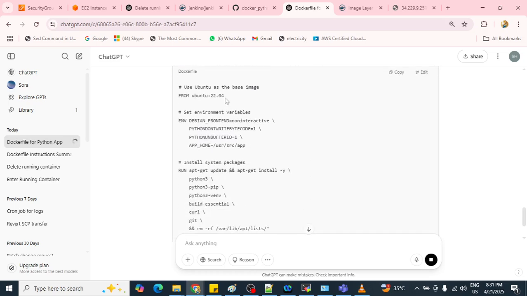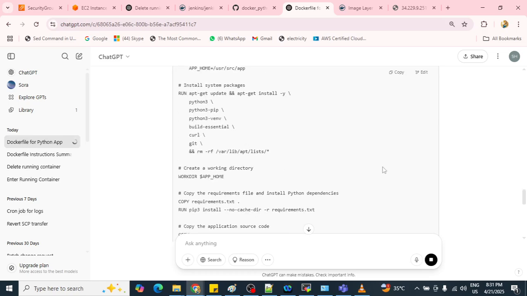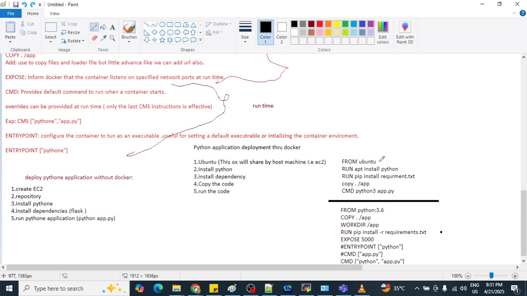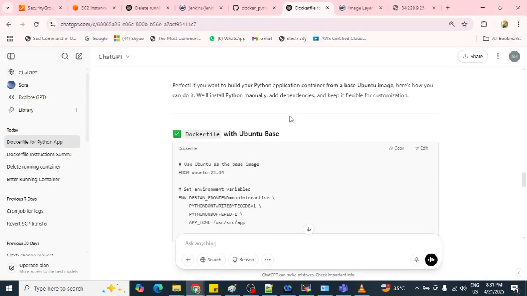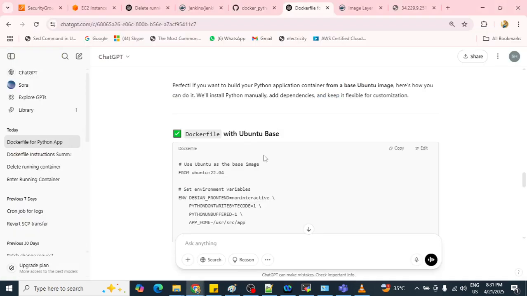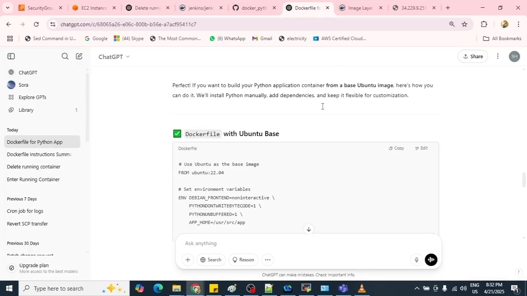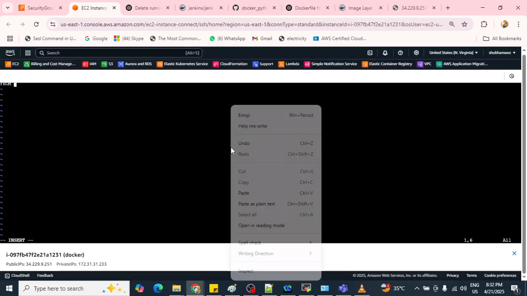You need to give the FROM instruction like this way, and let me write it. FROM Ubuntu, paste it again.